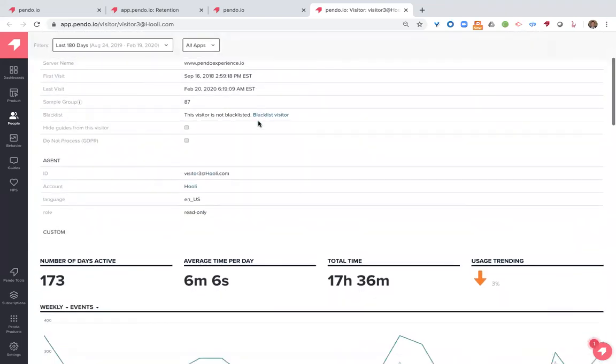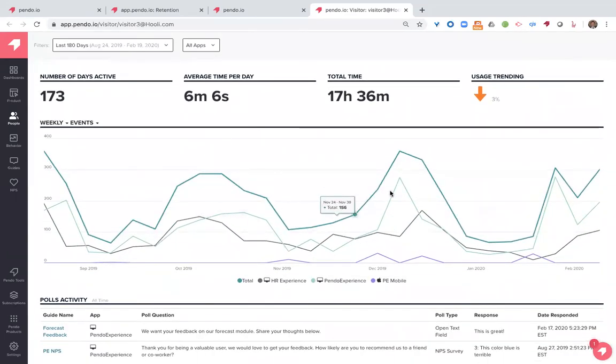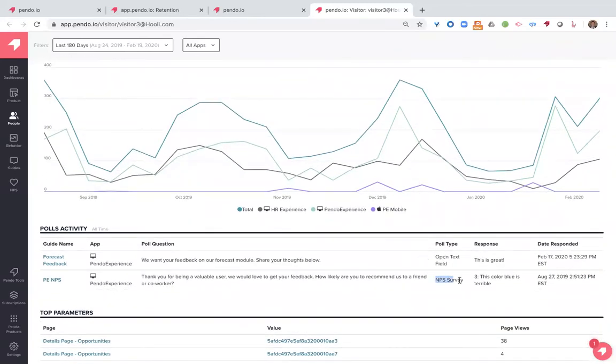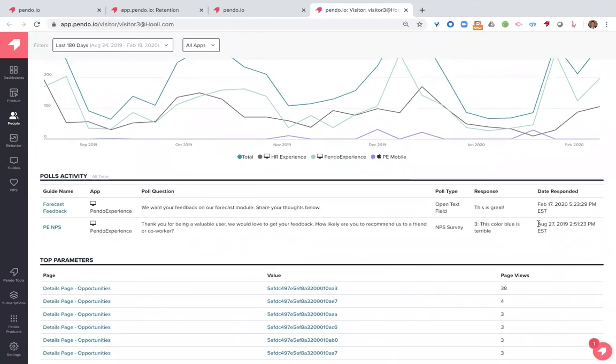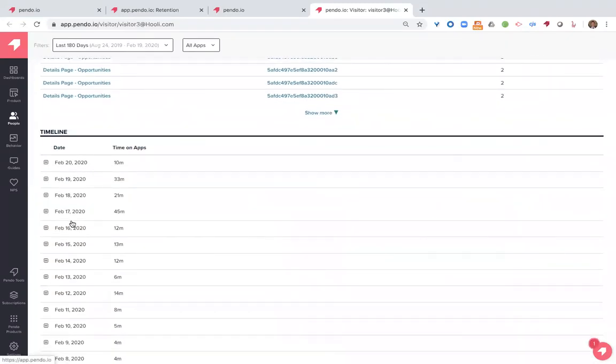But to go back to the point, if I scroll down here, I could look at the visitor usage over a period of time across multiple apps. You can see down here, these are multiple apps, but here's where that poll was. So here was that NPS survey that they signed up for. Apparently they didn't like the color blue. But if I want to now understand that product usage, I could look at the timestamp of when that visitor responded to that poll, right? August 27th. And then I could come into the timeline,